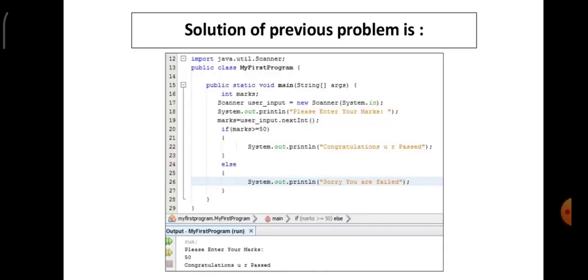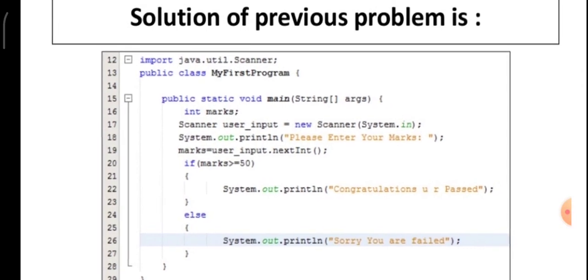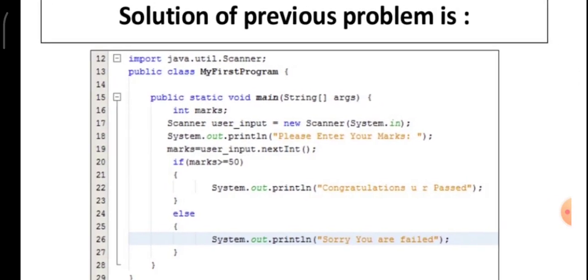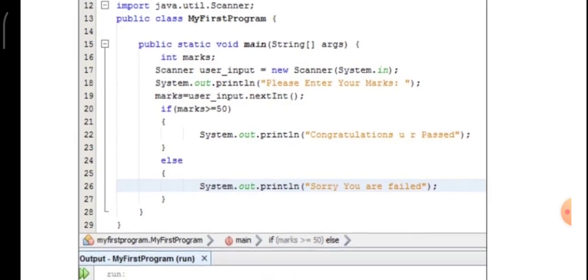A solution for the previous program. Now let me enlarge this. As you already know, the user is going to key in the value during the runtime. So we are importing java.util.Scanner, followed by invoking the main method, int marks. So integer marks, you draw a box and you leave it blank, meaning you are going to key in the value during the runtime. Okay, and then the statement Scanner user_input = new Scanner(System.in) will help the user to key in the value, and that value is getting stored in the variable called marks during runtime.